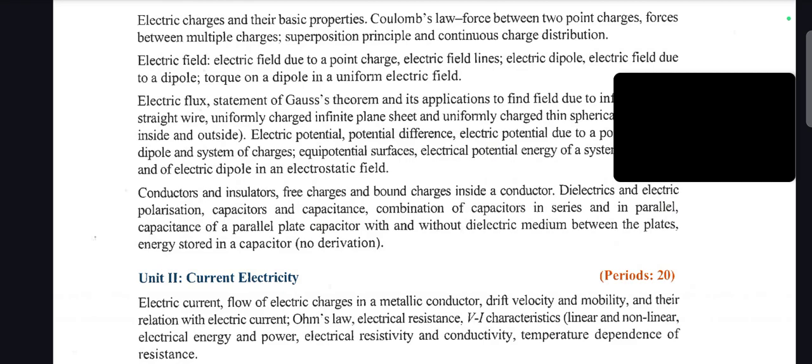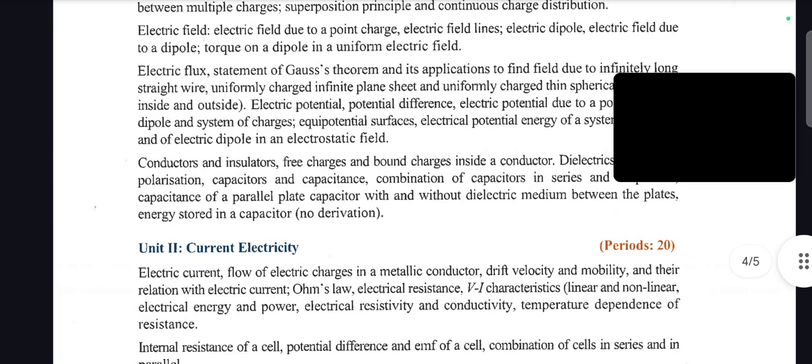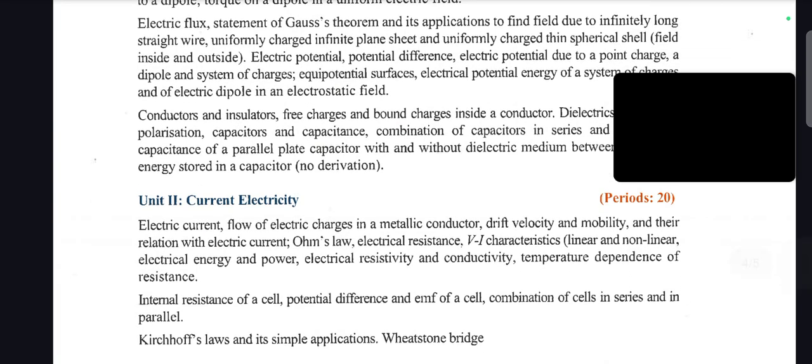superposition principle and continuous charge distribution, electric field due to a point charge, electric field lines, electric dipole, electric field due to a dipole, torque on a dipole in a uniform electric field, electric flux, statement of Gauss theorem and its application to find field due to infinitely long straight wire, uniformly charged infinite plane sheet and uniformly charged thin